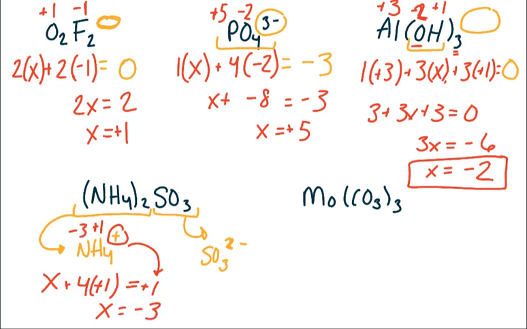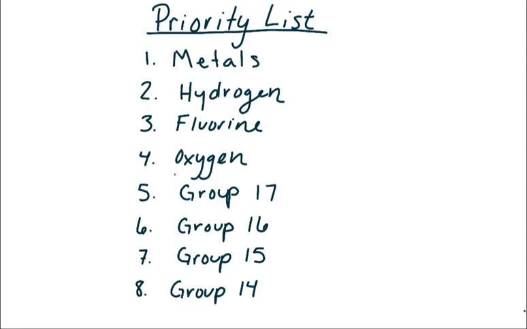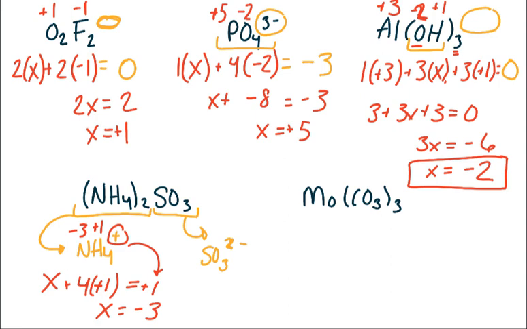Do the same thing with sulfite. The first thing we do is go and see what our charge is. Sulfur, which is in group 16, and we have oxygen, which is here at number 4. So oxygen gets priority over sulfur. So the oxygen will take its normal ionic charge, which is -2. We have 3 of those, and the whole thing will be equal to the charge of the ion. Then we have 1 sulfur, which will say its oxidation state is X, and we can solve for what it